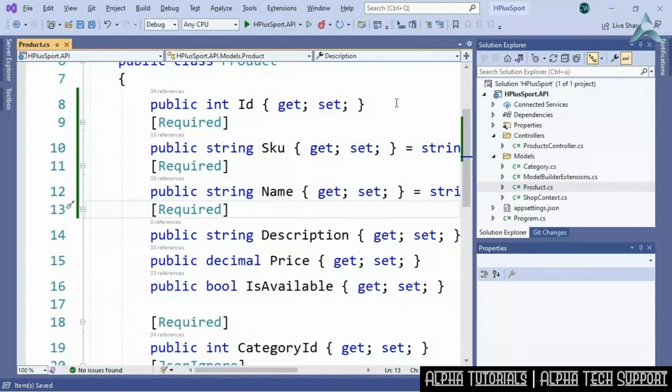And as you are most probably aware, these data annotations also support other features, for instance, regular expressions, where the input has to match the regular expression, or the restriction that the property has to be within a certain range,